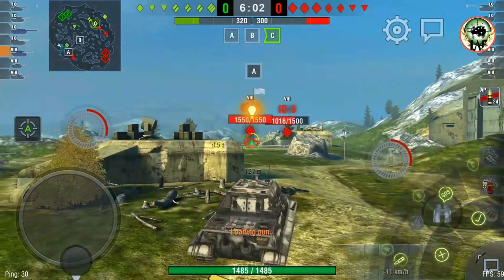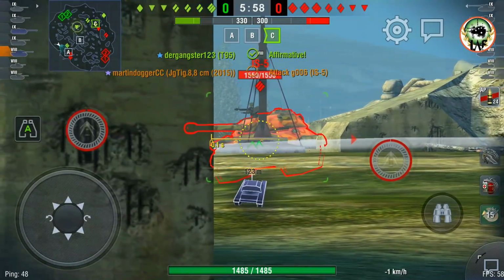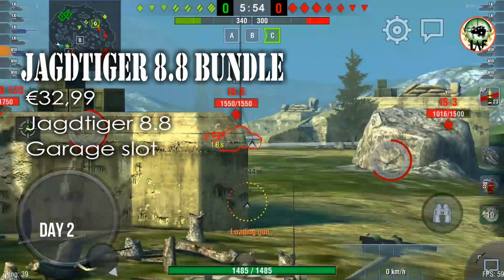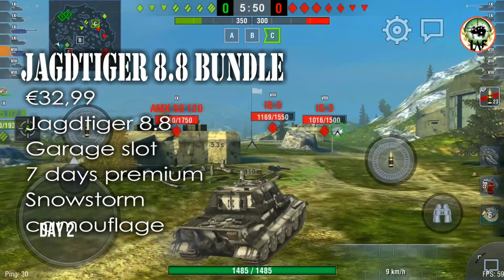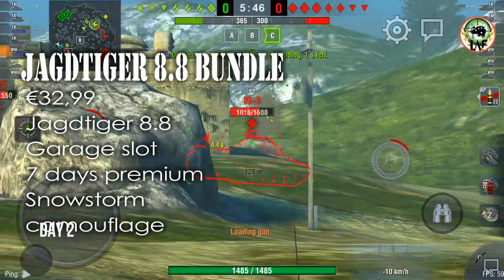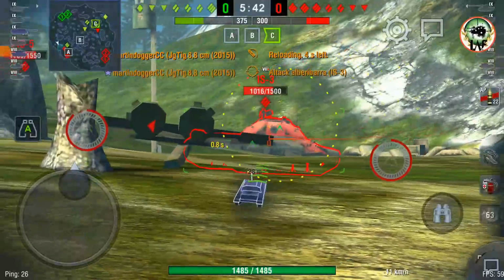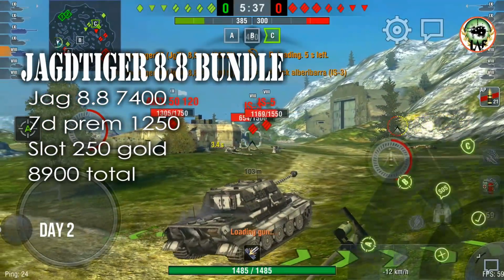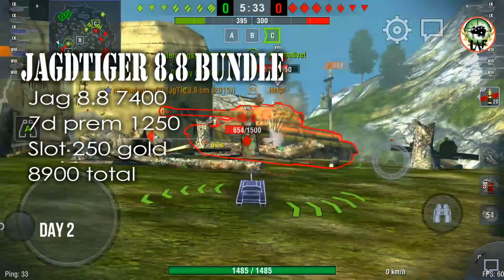So let's get into the big question then, is this bundle worth the money? Like I said, it is in the store for €33, $32.99. It gets you the Jagdtiger 8.8, a garage slot, 7 days premium, and the Snowstorm camouflage. The tank itself is available from the tech tree too. So if you would want to get it from the tech tree, you would have to pay 7,400 gold. To get the 7 days premium would need you 1,250 gold and a garage slot for 250, bringing a grand